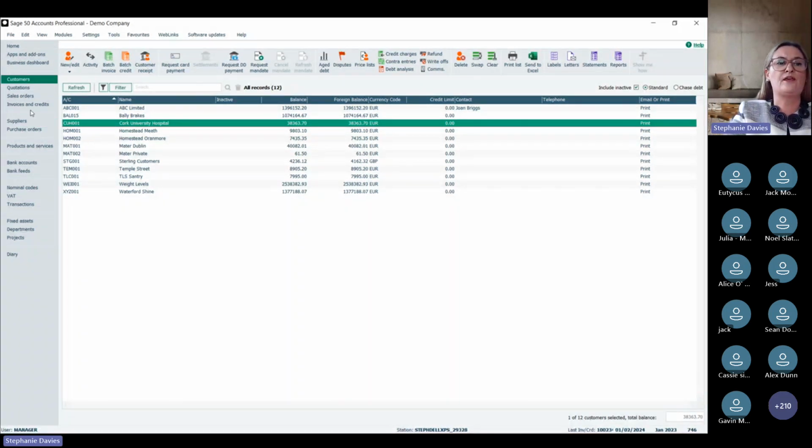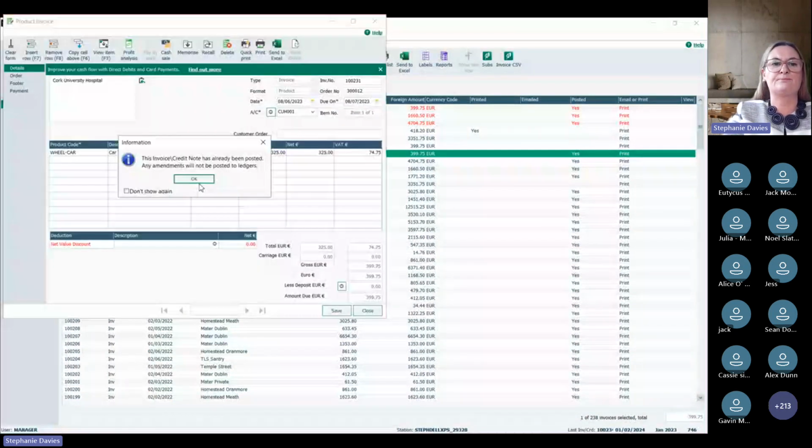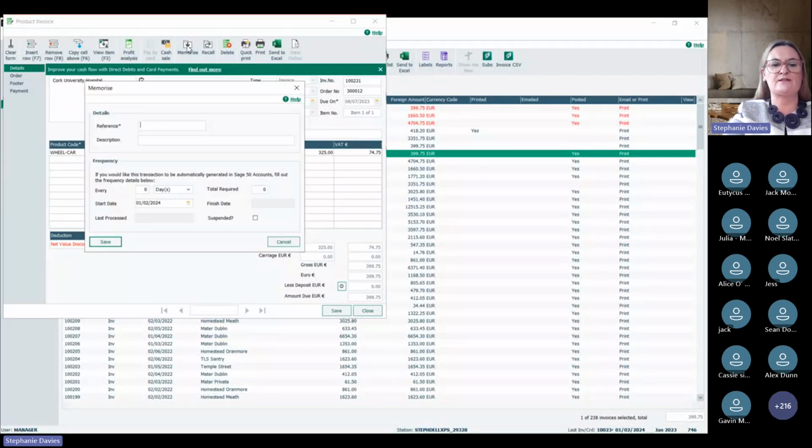So one other thing just before I leave the invoice area here is that if we double click back in here, and I have created this invoice, I've noticed that I'm constantly placing this order with them. So whatever's on my line, I've got an original invoice, but if I click onto the memorize, I can put in some details,